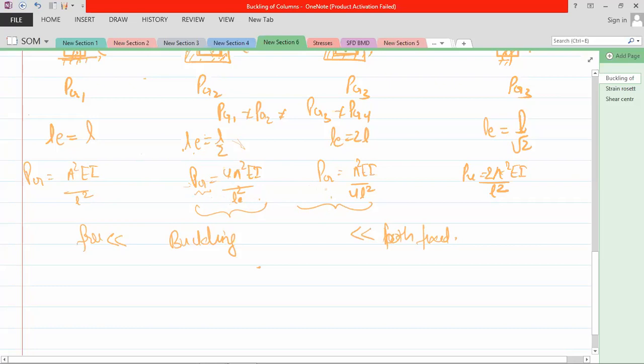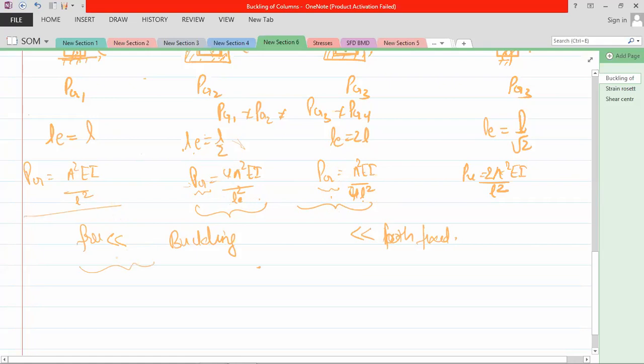So you can see that for the free end the load is very less. We got it divided by 4. Suppose length is same, E, I, everything is same. So P critical is P by 4. So if a P load is acting, buckling will happen at P by 4 only. So this is your condition for buckling. So you need to remember these formulas.